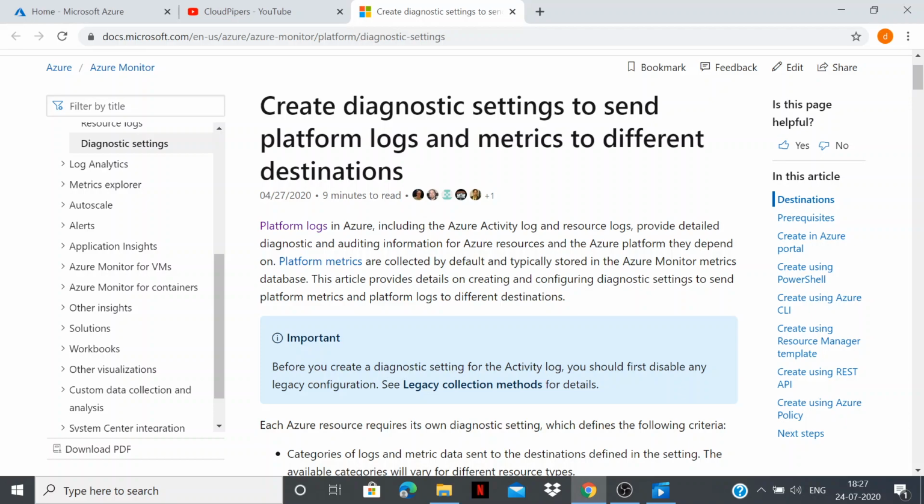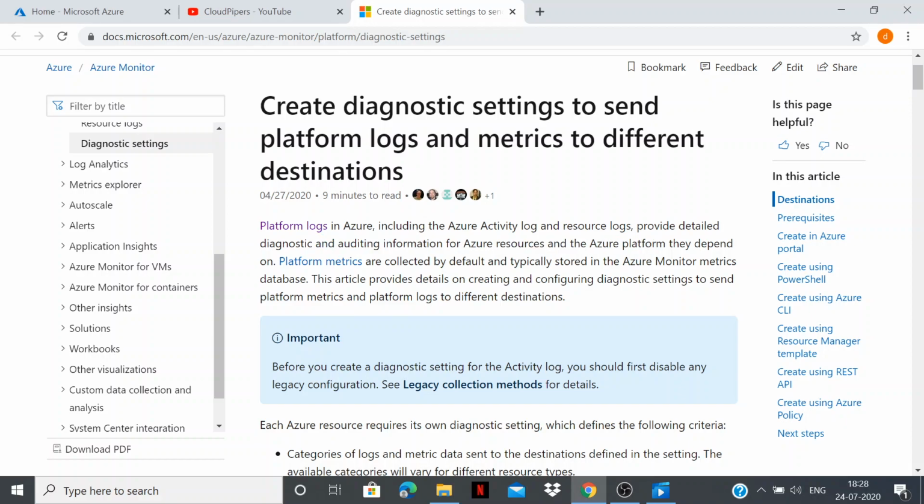So let's get started. Platform logs are the bigger umbrella within Azure Monitor, which includes the Azure Activity Log, the resource logs, as well as Azure Active Directory logs, and provide detailed diagnostic and audit information related to Azure resources and the Azure platform.